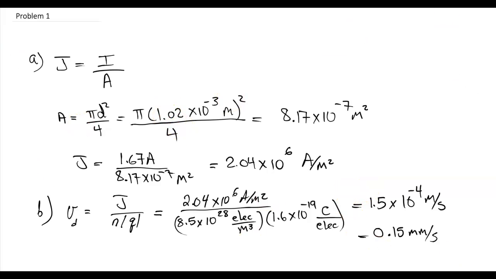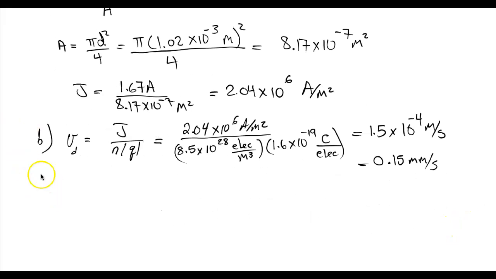The next part is asking for the magnitude of the electric field, and the magnitude of the electric field E is given by the resistivity times the current density, and this is rho I over A, again because J is I over A,